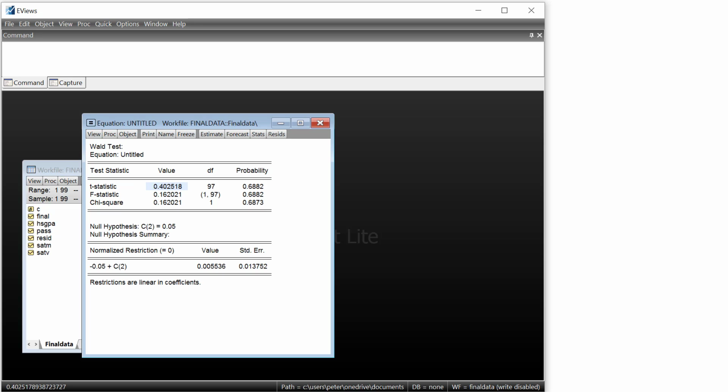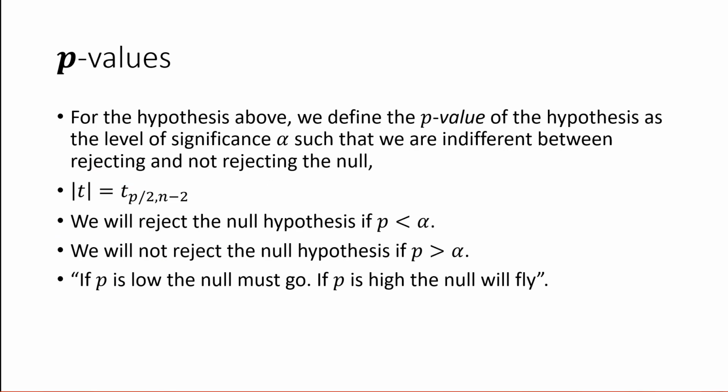This type of hypothesis is more difficult to test in Excel. Then you have to do more manual work. And it just goes to show that Excel really isn't econometrics software. But because of this feature of updating cells when we change something in one cell, it's an excellent pedagogical tool. Plus, you can do basic